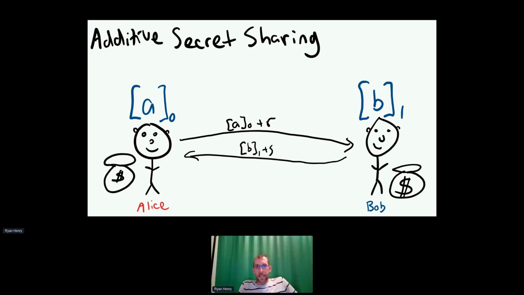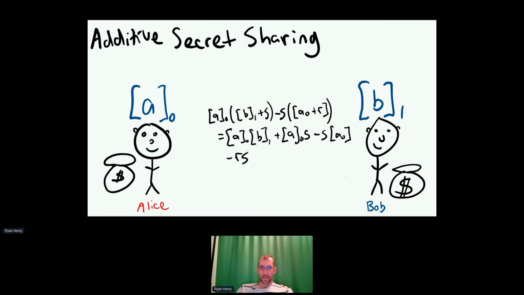So in this case now, we've in some sense sent A0 to Bob so that he can compute A0 times B1, but we've thrown this extra R in the mix so that Bob doesn't learn A0. And likewise, we've done the same thing with sending B1 over to Alice. And so they're going to actually do the computation using these values, actually not quite, but something kind of like that. So Alice is going to compute A0 times B1 plus S, and Bob is going to compute the negative of S times, my parentheses are in the wrong place, but A0 plus R. And if you look at what happens when you add these two things together,